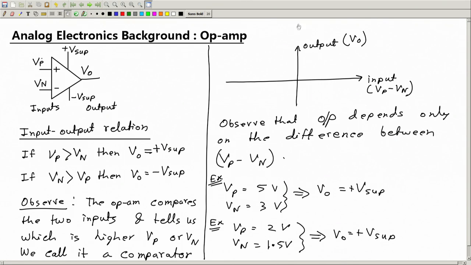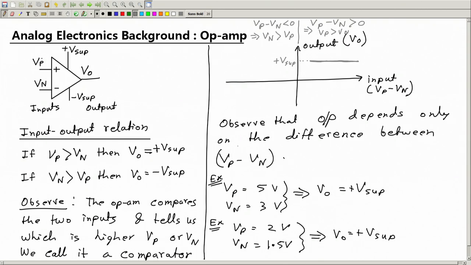On this side, the right side, we have VP minus VN greater than 0, and on this side we have VP minus VN less than 0. This implies VP is greater than VN, and this implies VN is greater than VP. And now what does the rule say? If VP is higher, output will be positive, and here we will have a positive output whose value will be equal to plus V supply,